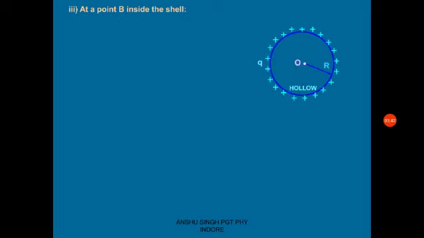Now let us find out inside the shell. Let us assume that this is the point and this is your Gaussian surface. The radius, that means the distance of the observation point from the center of the shell, let it be r dash. ds कोई दिक्कत ही नहीं है. For the point inside the shell, Gaussian surface आपका अंदर बन गया r dash के.